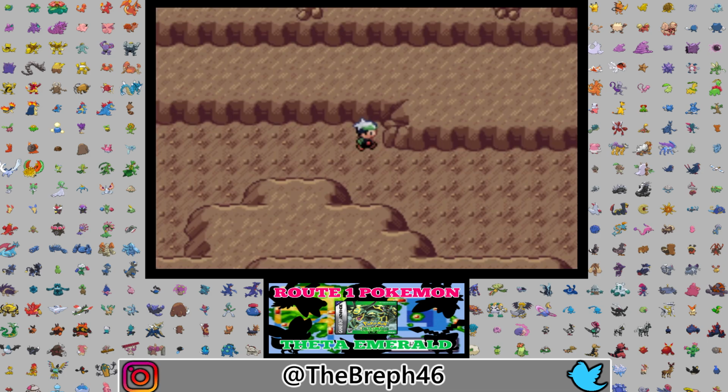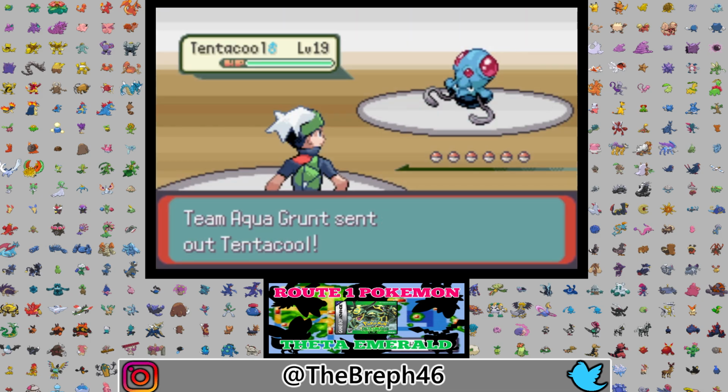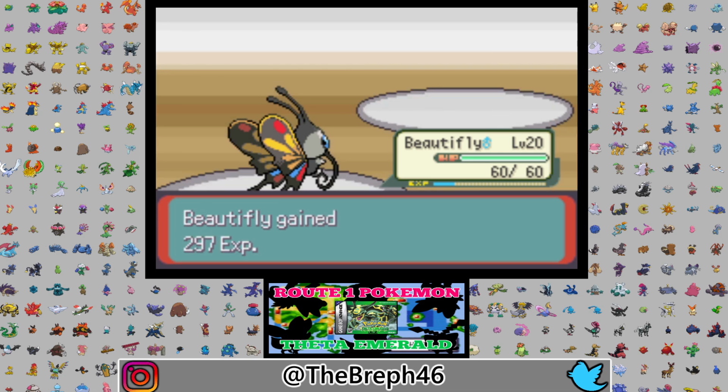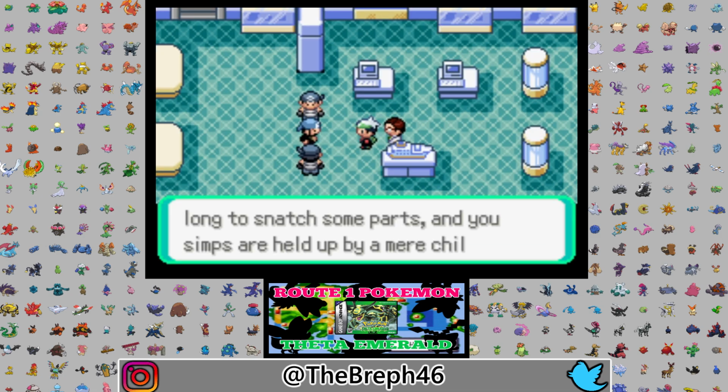Here we run into the museum and bump into Captain Stern, delivering him his goods and being confronted by a couple of grunts. After defeating them, we are introduced to their boss Archie for the first time, and he tells us to go and check out the new 12-pack video that should be live on Zwiggo's channel by the time